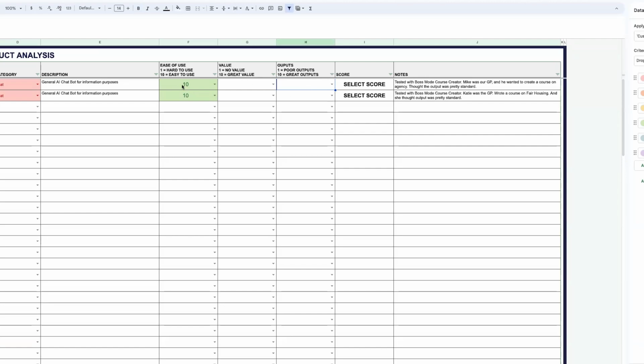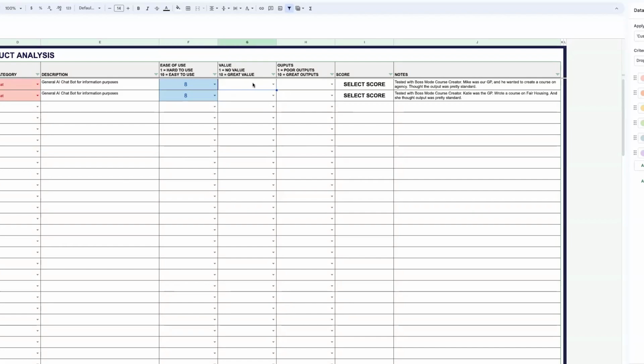But in terms of ease of use, they both seem relatively simple to use, right? You had a chat with it, a conversation. You didn't have to do a lot of programming or anything like that. You just kind of answered questions and went from there. So I'm going to mark both here an 8, right? At the end of the day, they probably could be a little bit better here and there.